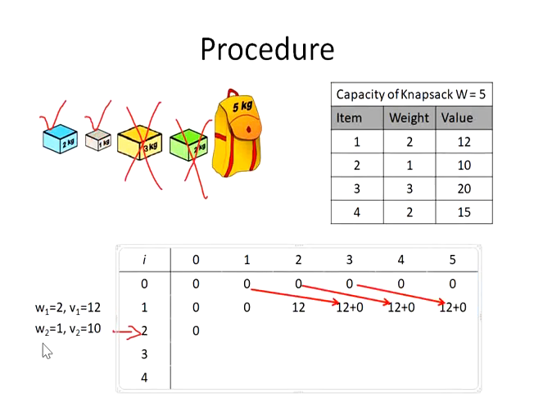Next we are going to consider the second item with weight 1 and value 10. I have marked this as the selected one. Now can I insert the item with weight 1 in a bag of 0? I cannot insert. Can I insert item 2 in a bag of 1? Yes, because the weight is 1 and the bag is also holding 1 kg. So what is the profit earned? Profit earned is 10. Before finalizing this, we compare with the previous row. Among 0 and 10, 10 is the greatest, so retain 10.